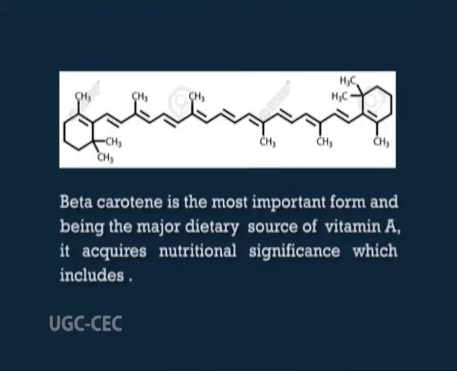Now we'll see the health benefits of beta-carotene. Carotenes are important due to three attributes: their color, their vitamin A activity, and their potential as anti-cancer agents. Beta-carotene is the most important form, and being the major dietary source of vitamin A, it acquires nutritional significance, which includes: